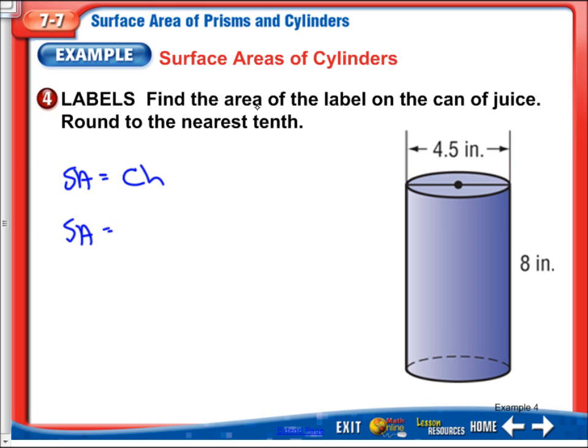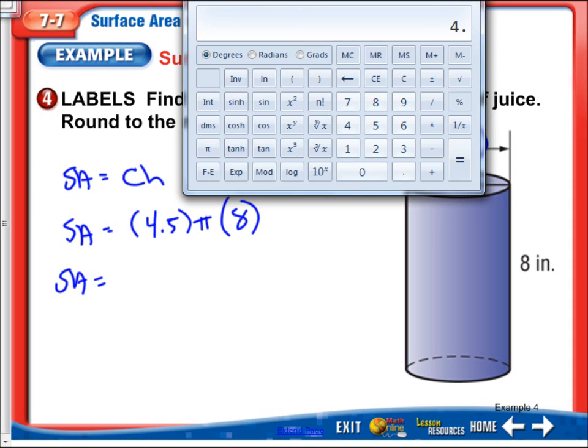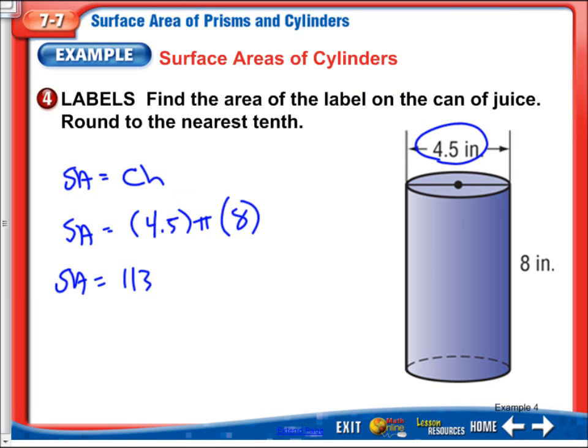You have to take a look at what the question's asking. So circumference is, in this case, we can use the diameter, 4.5. So I do 4.5 times pi, d pi, times the height, which is 8. All right, so surface area equals, and at this point we just have to crank it through the calculator. So 4.5 times 3.14 times 8, 113.04. And round to the nearest tenth, we say surface area equals